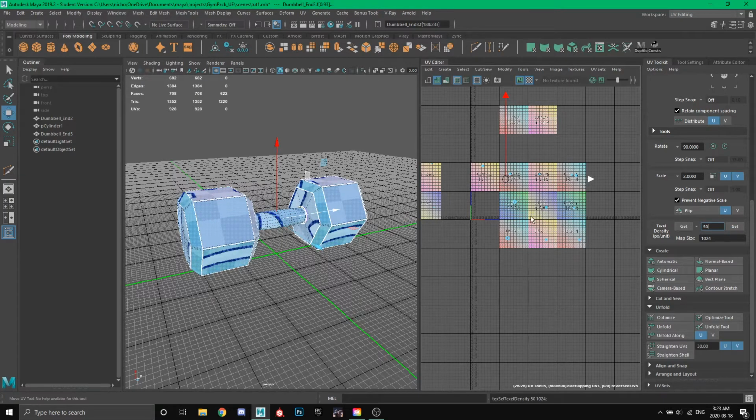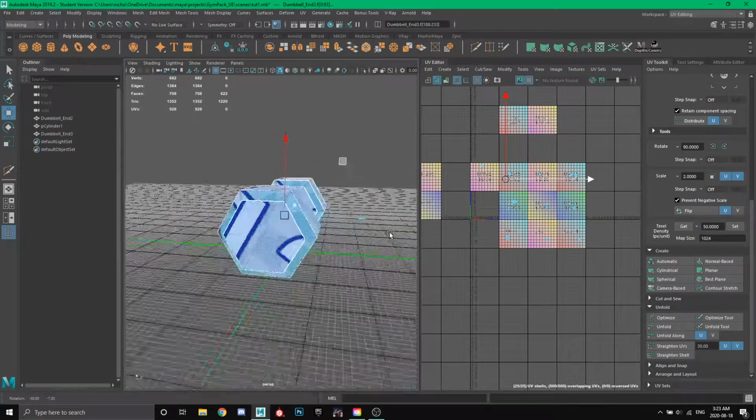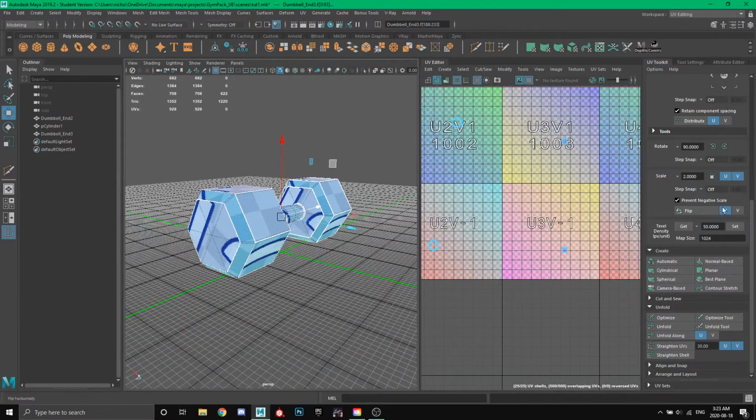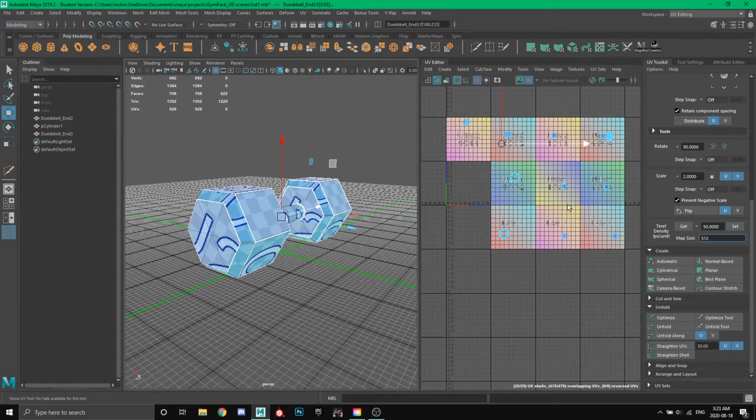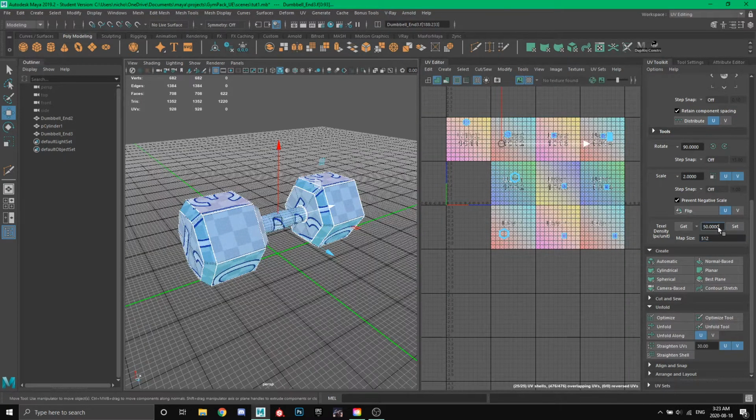Usually, when you're working, you have a set texel density that you need to be to. We could probably even drop this to a 512 map because the object is so small,